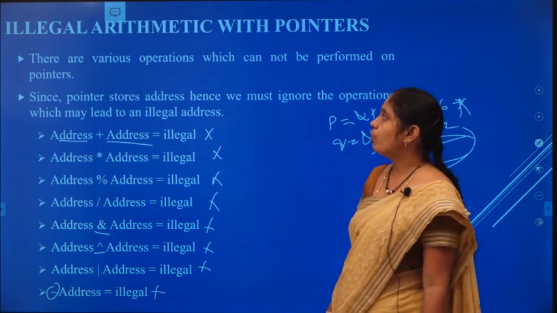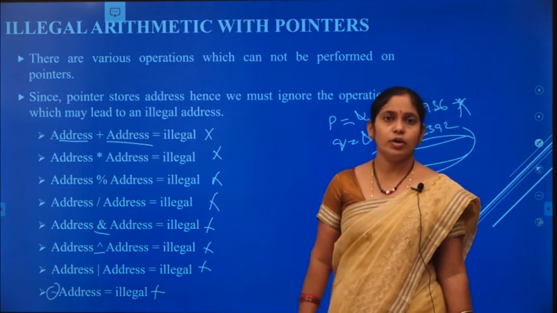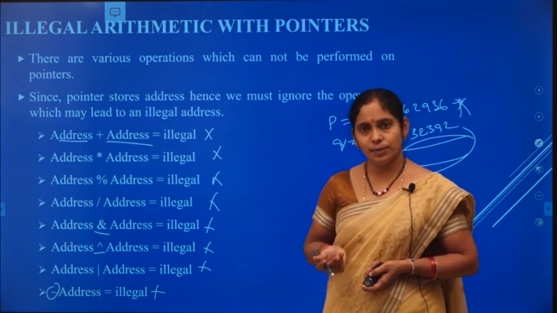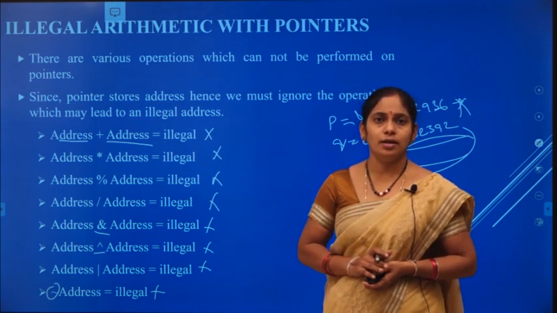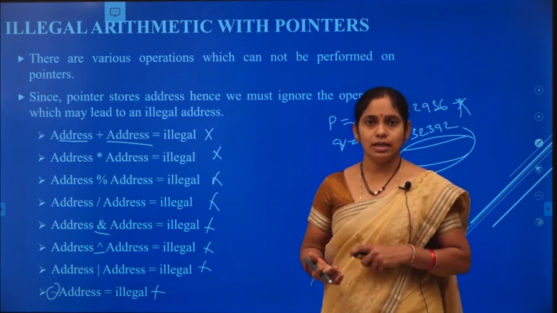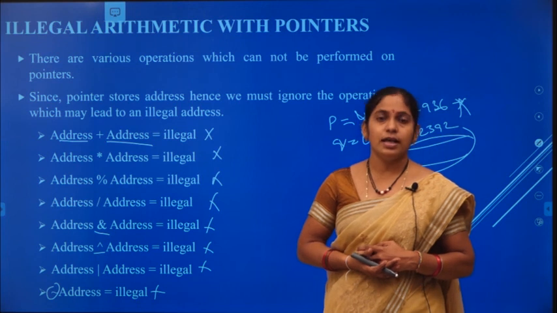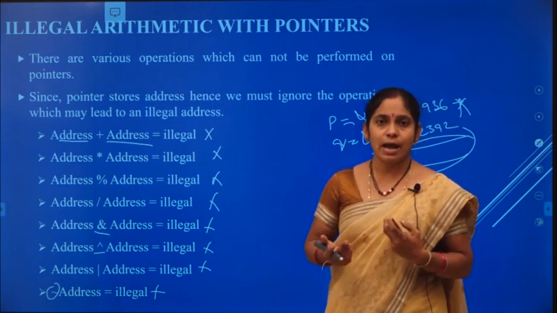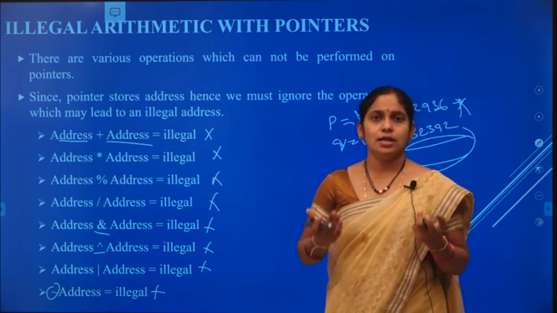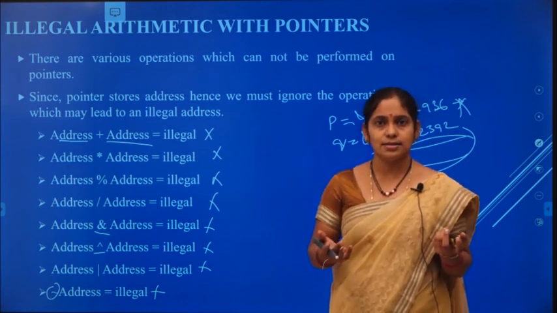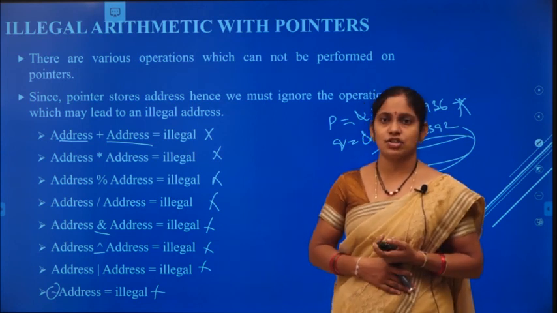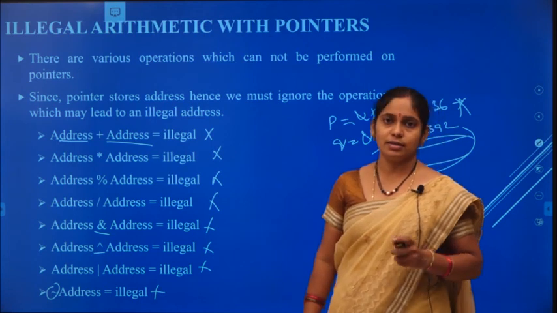This is about pointer arithmetic. Here we discussed what arithmetic operations we have, how we can perform those operations on a pointer, and which are legal and which are illegal, with some examples. In our next session, we will discuss the relationship between a pointer and arrays, how the pointer will be used with arrays, how it will be used with functions and so on. That we will see in the next session. So this is about pointer arithmetic. Thank you.